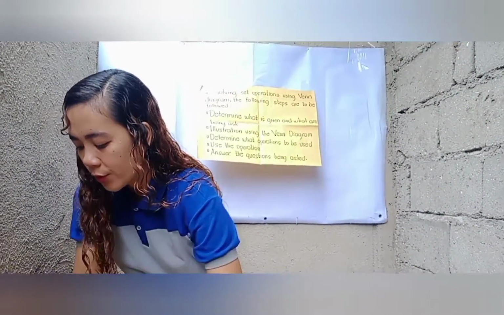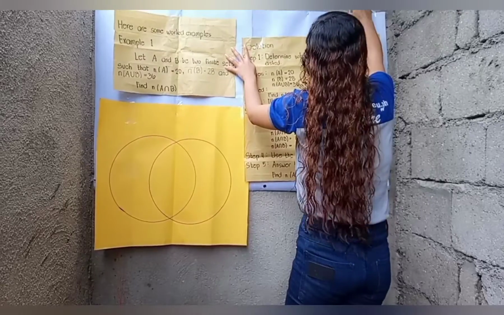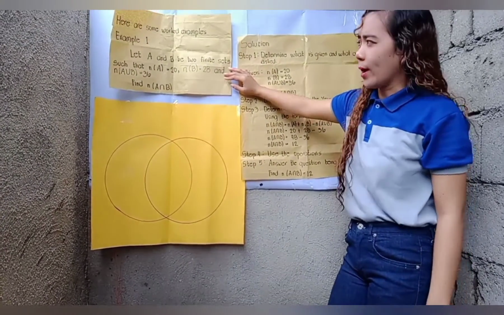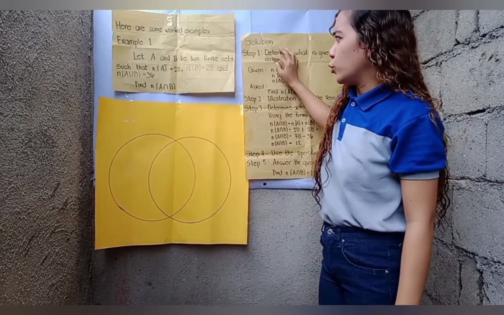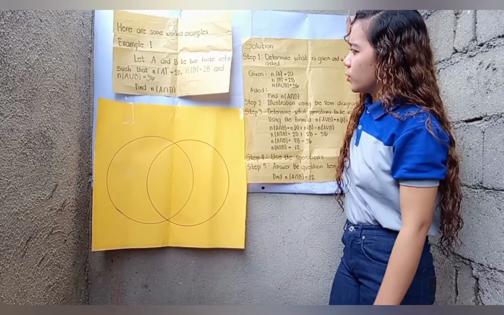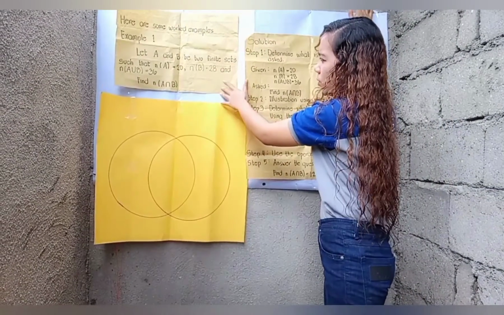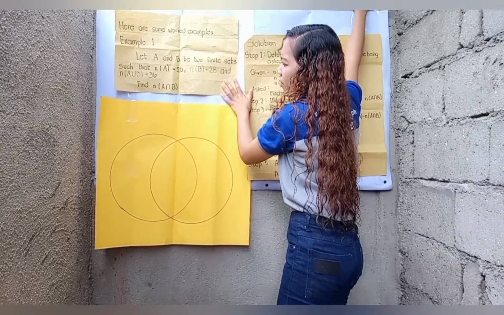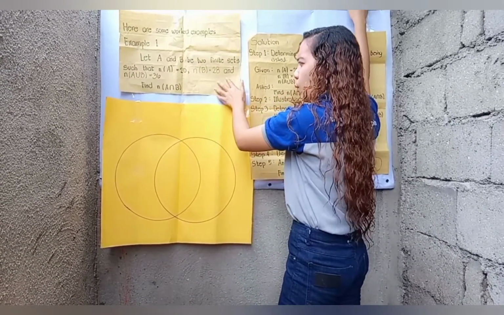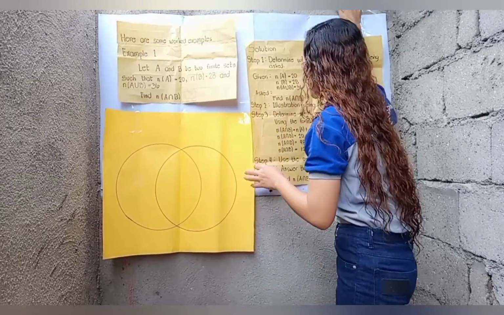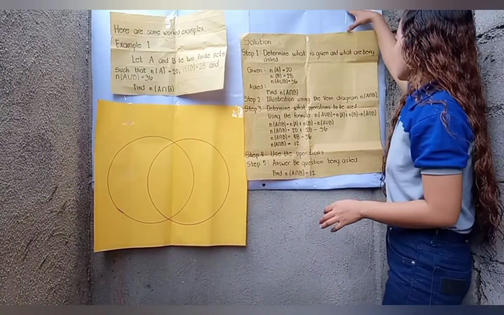So I have here some practice example for you. Okay, here is the number 1 example to be worked out. Let A and B two finite sets such that the set A is equal to 20, set B is equal to 28, and the union of A and B is equal to 36. What we're going to find is the intersection A and B. So here, the solution,